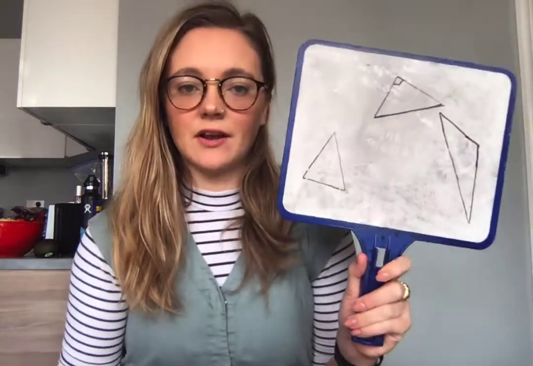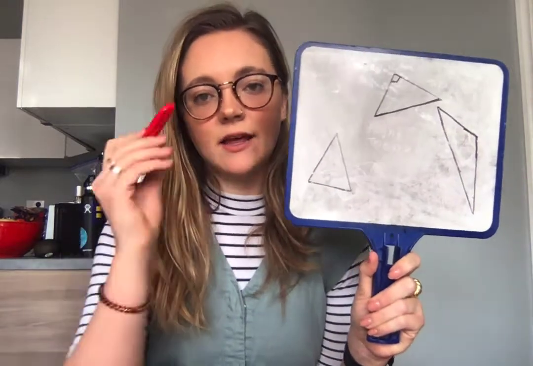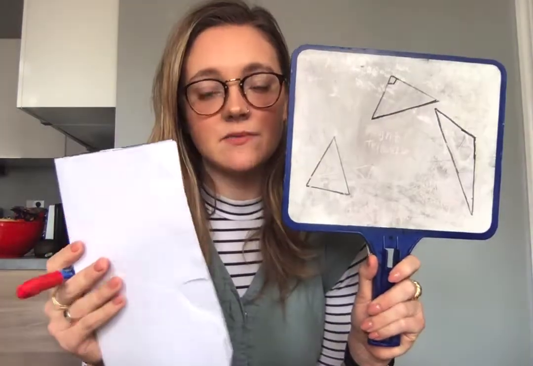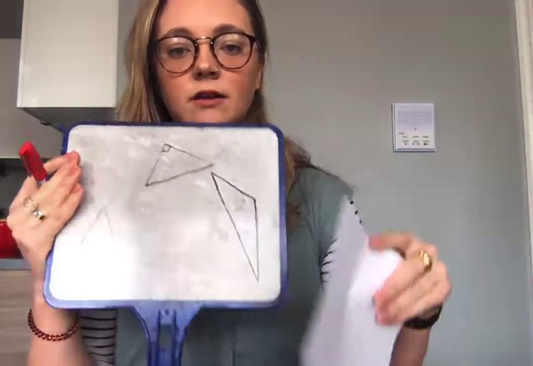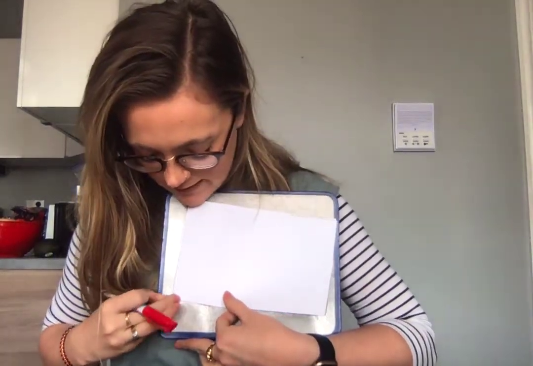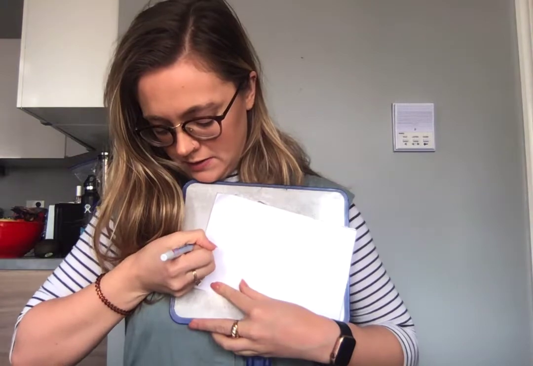So let's get started. I have 3 angles on my board. I'm going to take a pen and a piece of paper. That's all that you should need also. And I am going to work on classifying these angles. So if I take the corner of my paper and I line it up with one of the lines on my triangle, and then I trace the paper,